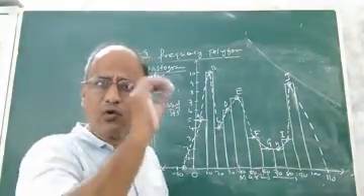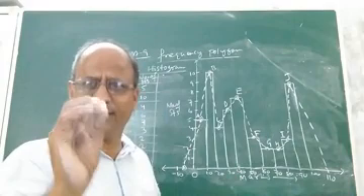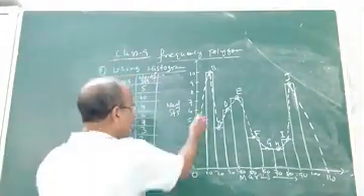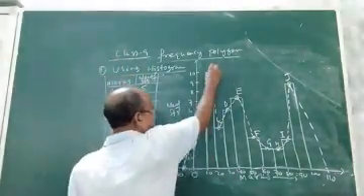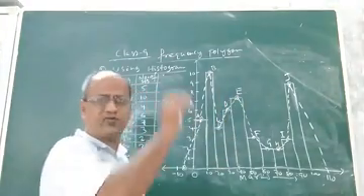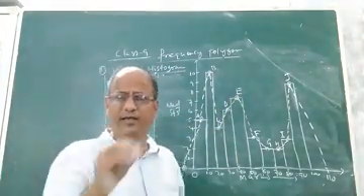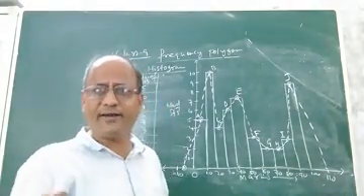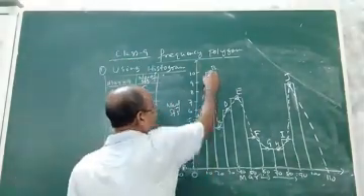Okay. So after locating the midpoints, what will you do? What is the next step? The next step is you join these midpoints A and B, B and C, C and D, D and E. All the midpoints you join by means of dotted lines. By means of dotted line segments. You see, these are dotted line segments.